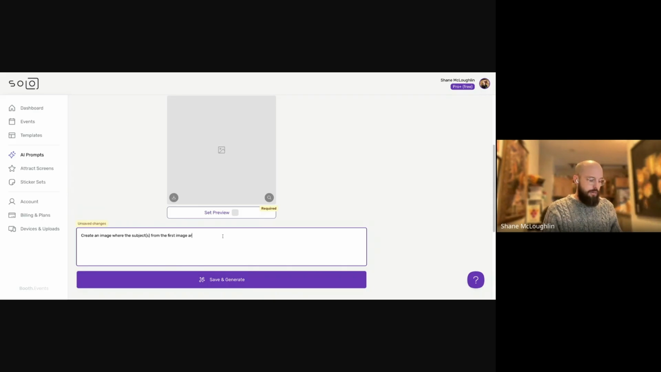All right, so let's start with the record, and then we'll go. I got an iconic movie poster. I can do that for sure. Okay, create an image where the subjects from the first photo, or sorry, where the subjects from the first image are on the cover of a